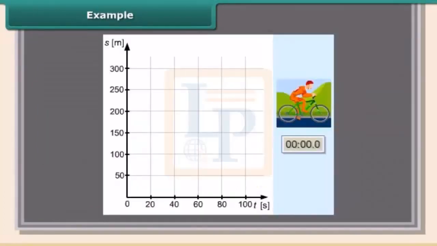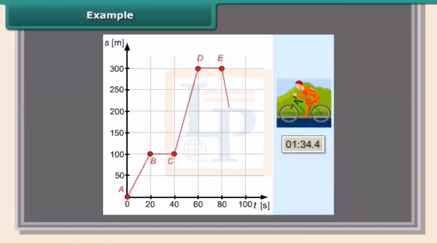This is the location-time graph for a cyclist. While plotting the graph, the short moments of time where the cyclist changed his speed were neglected. From the graph we can determine the location of the cyclist at a given moment. We can also determine the type of motion with which he was traveling along particular segments, his speed, the distance he covered, and even